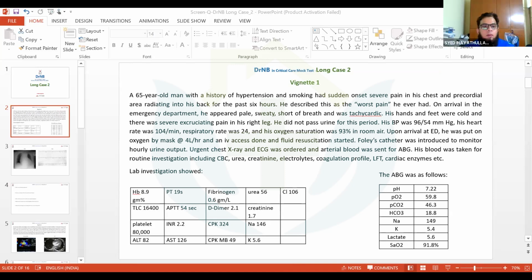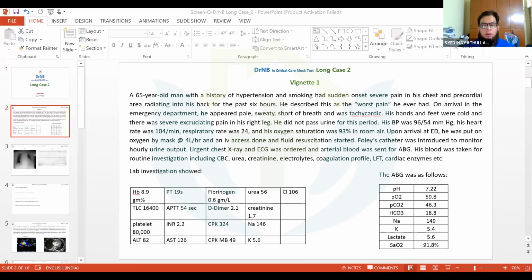Sir, I have an elderly gentleman with a history of smoking and hypertension, having very severe, excruciating chest pain for the last 6 hours. So I'm suspecting cardiac pathology such as acute coronary syndrome or aortic dissection, as he is pale, sweaty, tachycardic, and also hypotensive. And